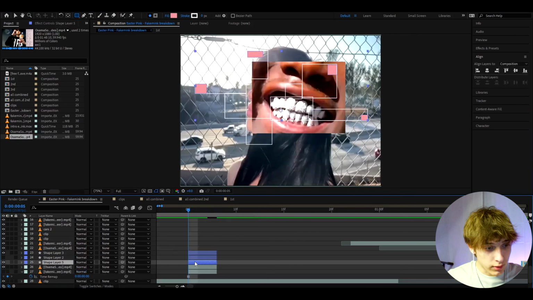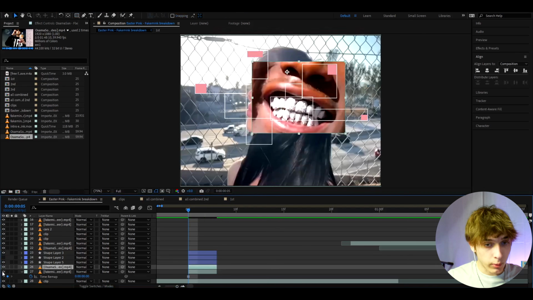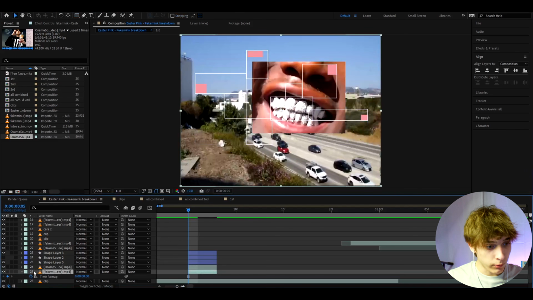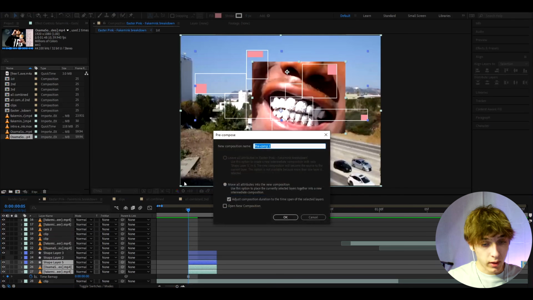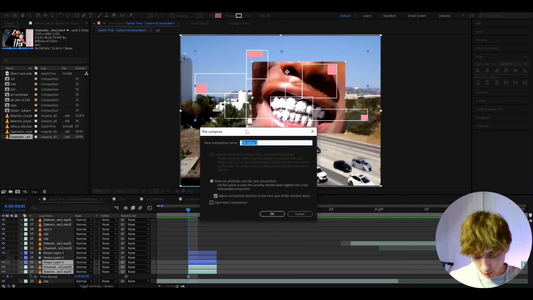Now that we have this shape layer where we made these pink cubes, we have Asamasan, and then we also have this car layer. So all of these 3 layers, you need to select all, press pre-compose by right clicking and pressing pre-compose, and here you can call it first layer. You press on this, and